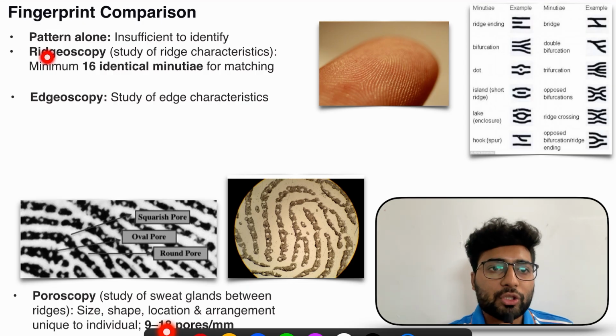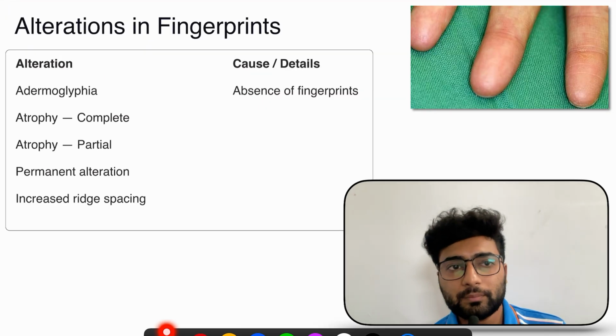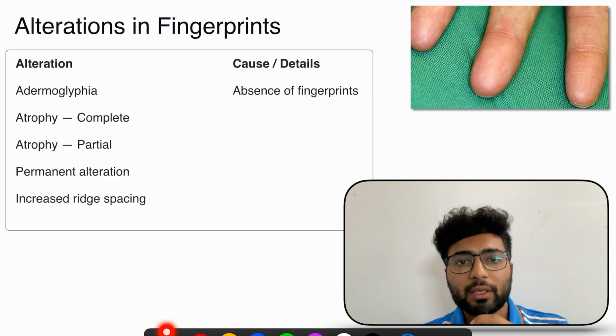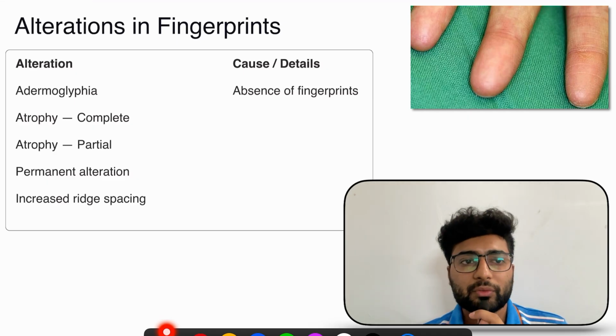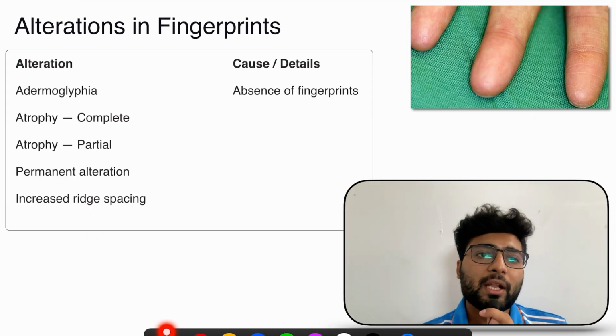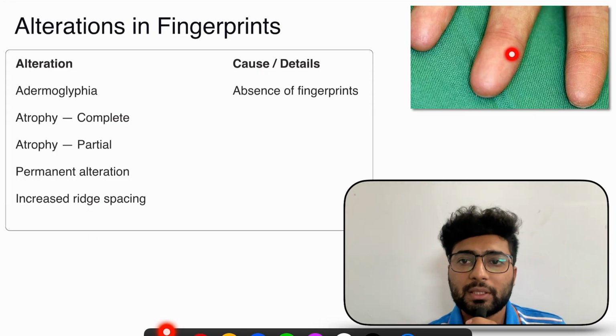One is rhizoscopy, edgeoscopy and poroscopy. Now, alteration in fingerprinting. How can this fingerprint be altered? These are some limitations over here. First is adermographia. Adermographia is, in this image you can see there is absence of fingerprinting or there is no